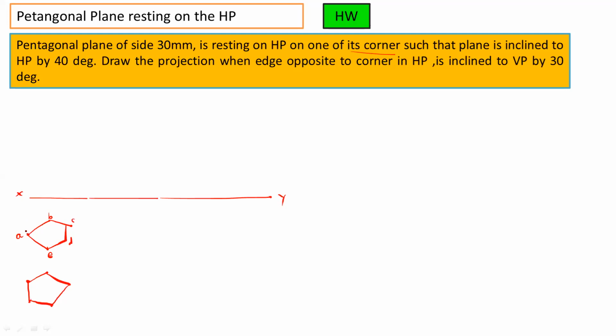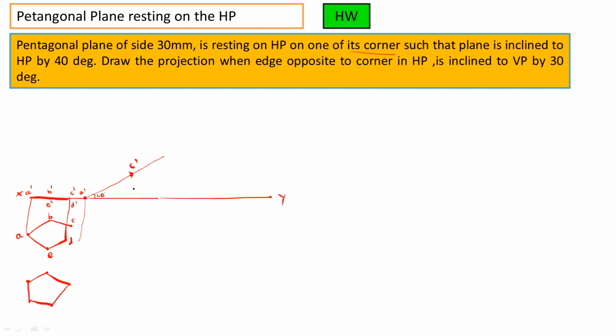So if you draw the front view, you can take the projections. So the front view will be just a line. In the second stage, incline this front view with the given angle that is equal to 40 degree. So draw one reference line at 40 degree. On this line, this is your A dash point and this is C dash and D dash. And somewhere here you will get this B dash and E dash. Okay. So by using compass, you can transfer the points A dash, C dash directly. So this is the front view in the second stage, which is inclined by 40 degree.